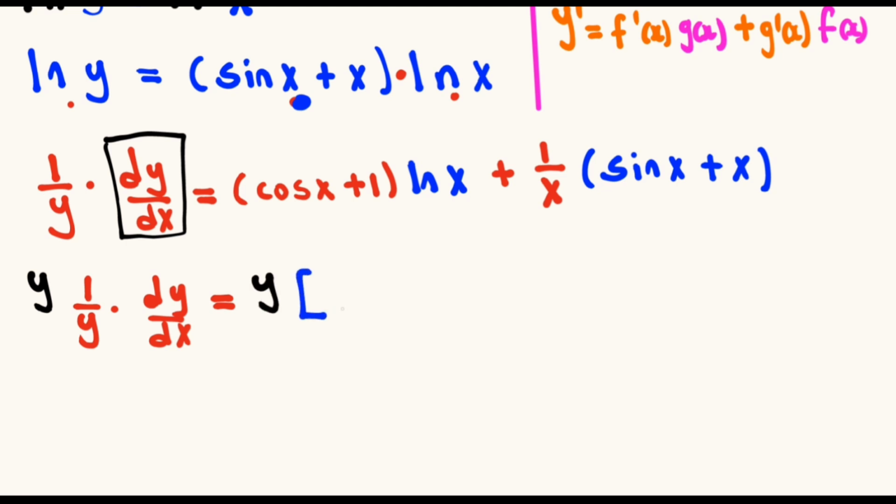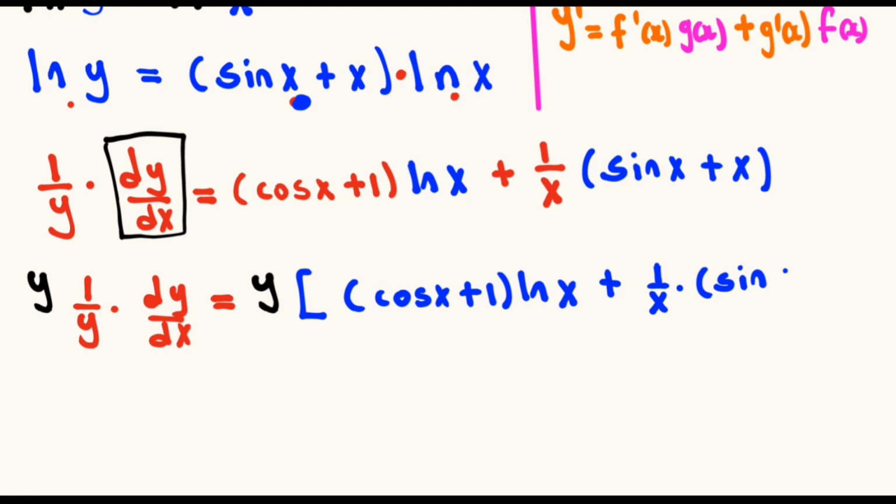So the y on the right hand side will be multiplied by the cos x plus 1 multiplied by the ln x plus 1 over x multiplied by the sin x plus x, and that y will cancel out, and on the left hand side we'll be left with the derivative of the y with respect to x,